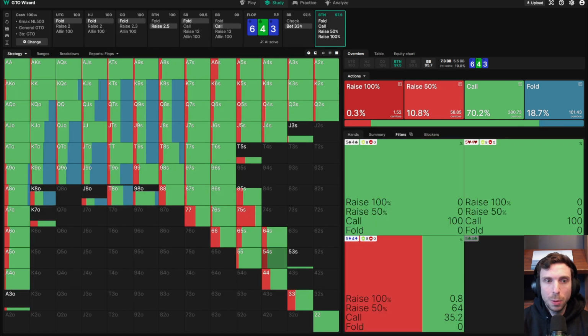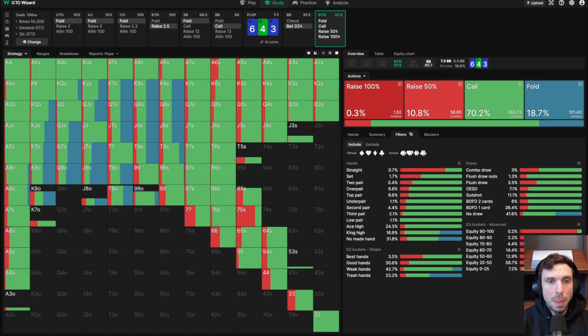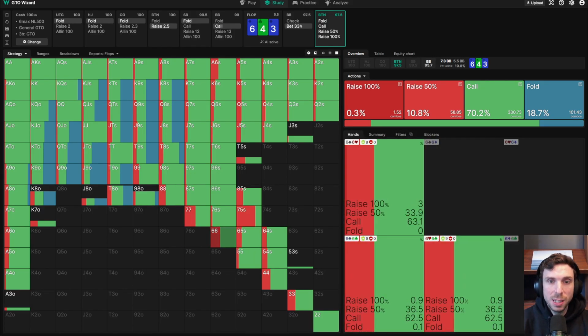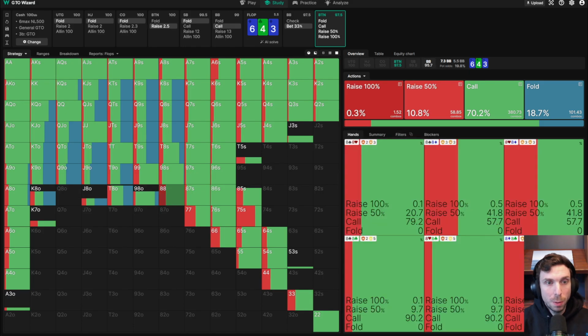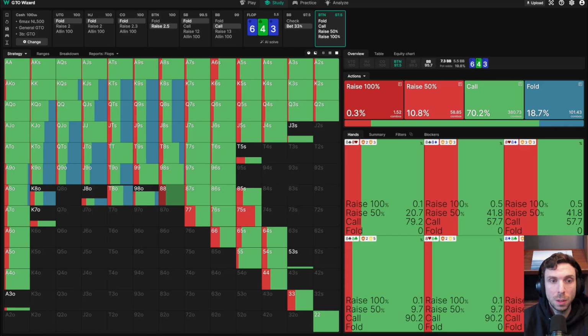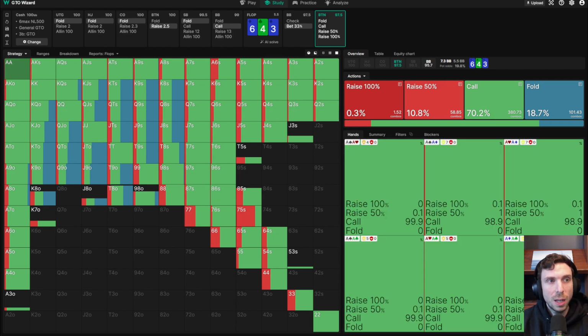So we look at some other combos here, and you can see that, again, a majority of our strategy is call. But there are a lot of combos that do want to just start getting money in. Combos like pocket sixes, pocket fours, pocket threes, all of them are a set. We have some hands that might have a lot of value but are more vulnerable. So you see a lot of raises from the overpairs that are vulnerable to overcards, like 9s and 8s and 7s that still have a lot of equity. And then the hands like aces, which are not very vulnerable versus a lead, are going to call the most. So you have this strategy here. Looks fairly